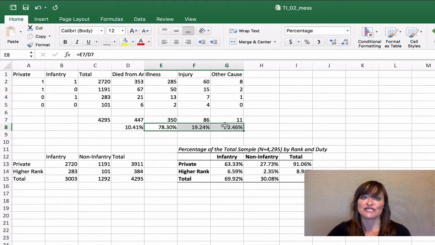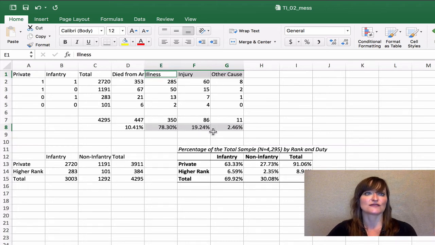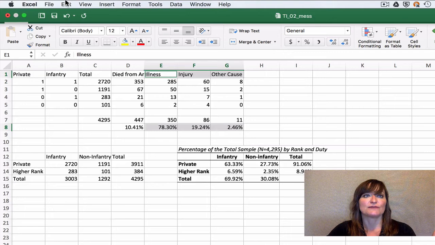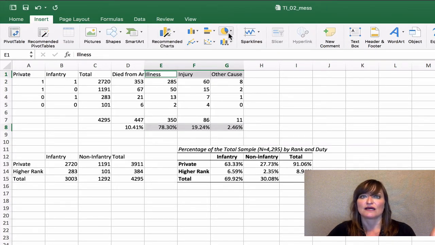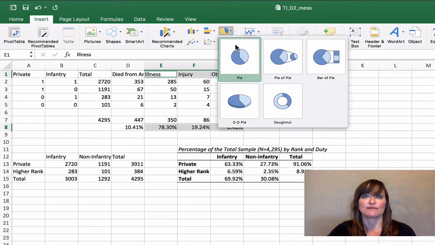So I've got the data points selected. I'm going to take my other hand and hold down the Command key to select the data labels. Remember, it's the Command key that allows you to select non-adjacent blocks. And then I'm going to come up to my insert ribbon and choose a pie chart, because a pie chart's a fine way of showing that part to whole relationship. I'm going to choose a very simple pie chart.